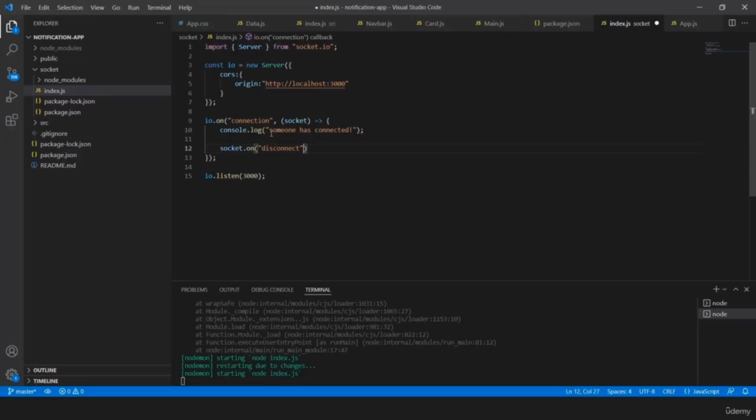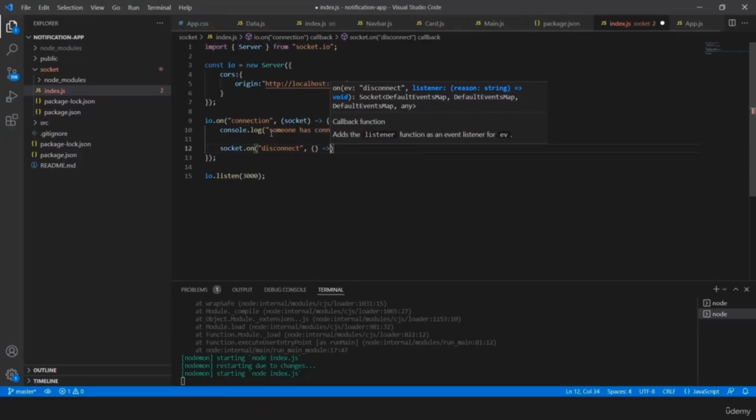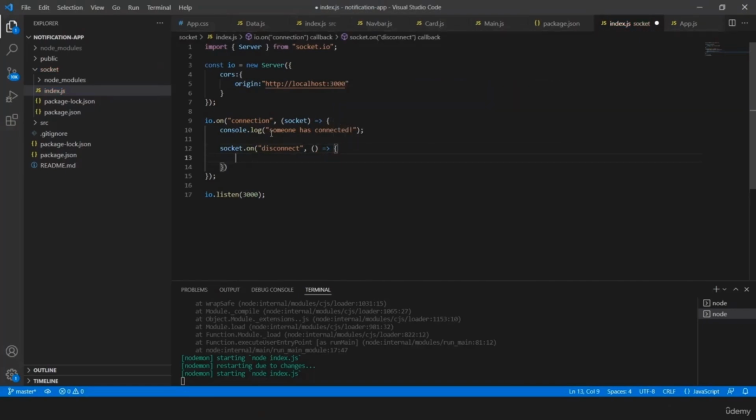If somebody disconnects, then this arrow function will run, and inside of this we'll just write console.log someone has left. And now when we save this,